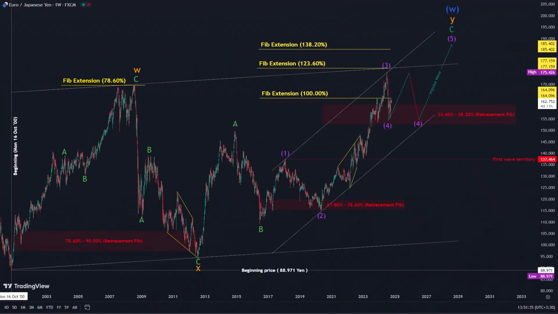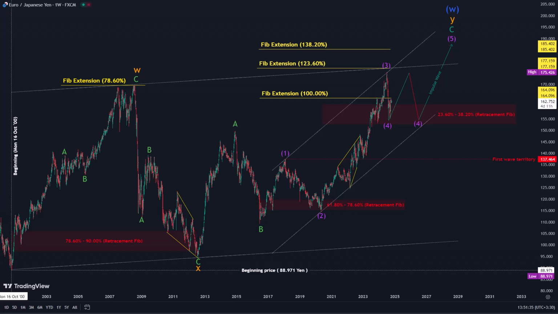We shall analyze the euro-yen currency pair, commencing with the weekly chart. Since the bullish market breakout in October 2000, 3 upward waves have been observed, forming a zigzag pattern that signifies the completion of the larger wave, W. This period has been succeeded by 3 downward waves, representing a classic zigzag correction that retraces between 78.6% and 90% of wave W. Wave A embodies a classic impulse pattern and may undergo 3 retracement waves.